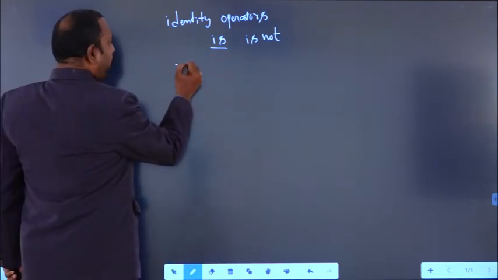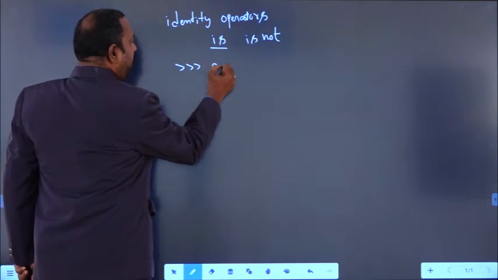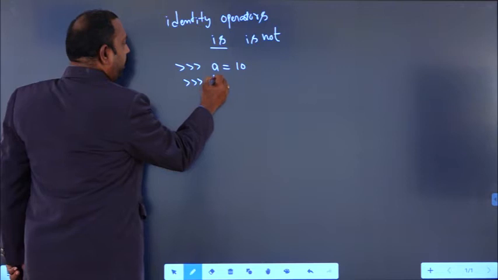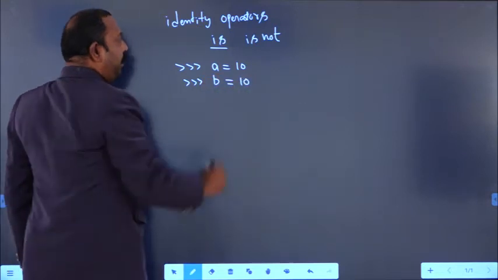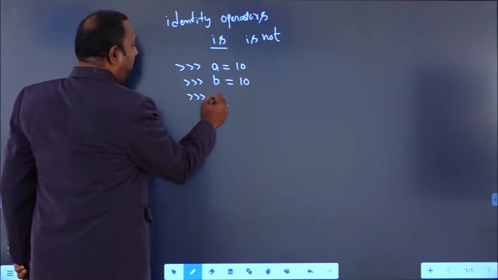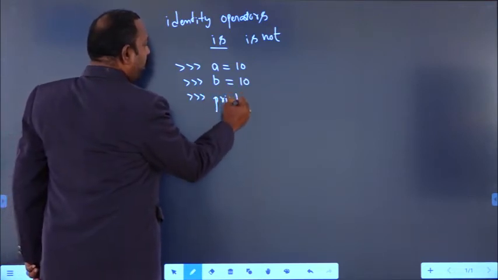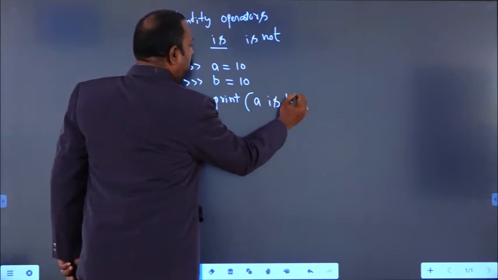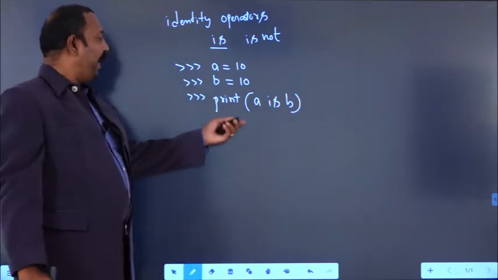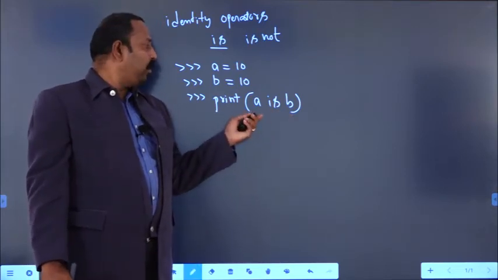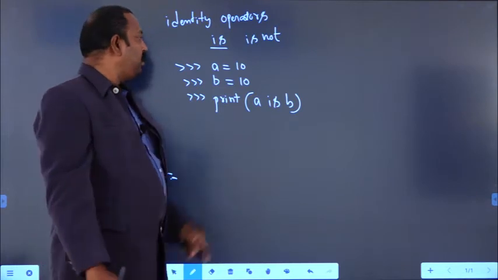For example, I have written A equal to 10 and B equal to 10. Now I am checking the condition print A is B. It will compare the address of A and the address of B. If both are equal, then you will get the output true. Otherwise, you will get false.